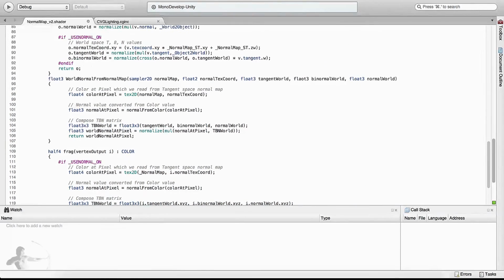Then we screen the fourth line of the function. The normal at pixel, which we are calculating inside the function, and tbn world is also being calculated inside the function. So we don't have to worry about changing anything for this line. And then once we calculate it, we return it. We can either directly return it without storing it in a variable, so that we can save some space. And then we will remove these lines from here. And even here we can either store